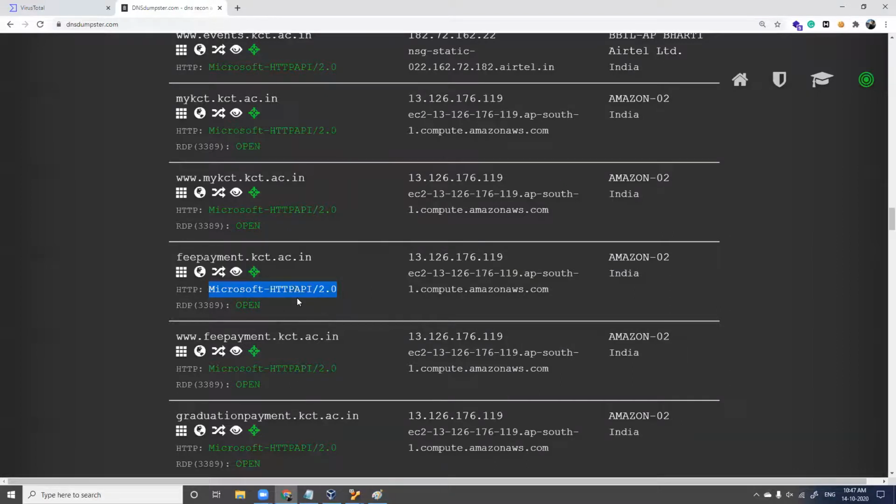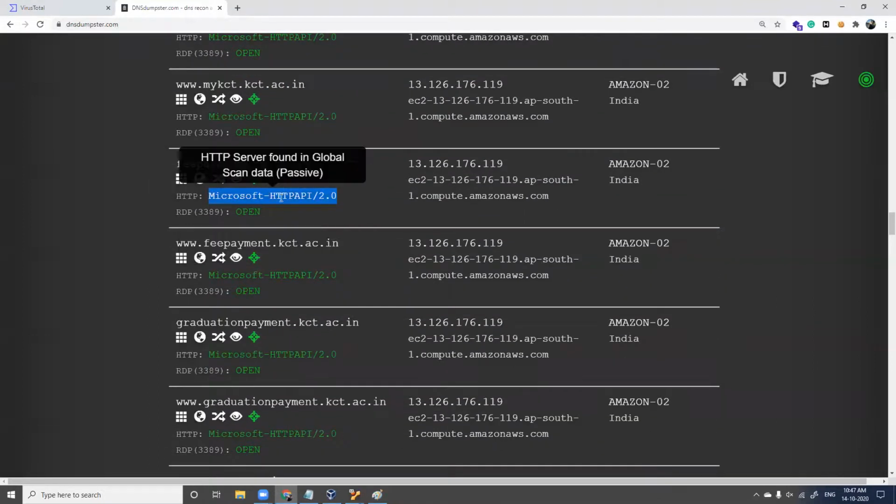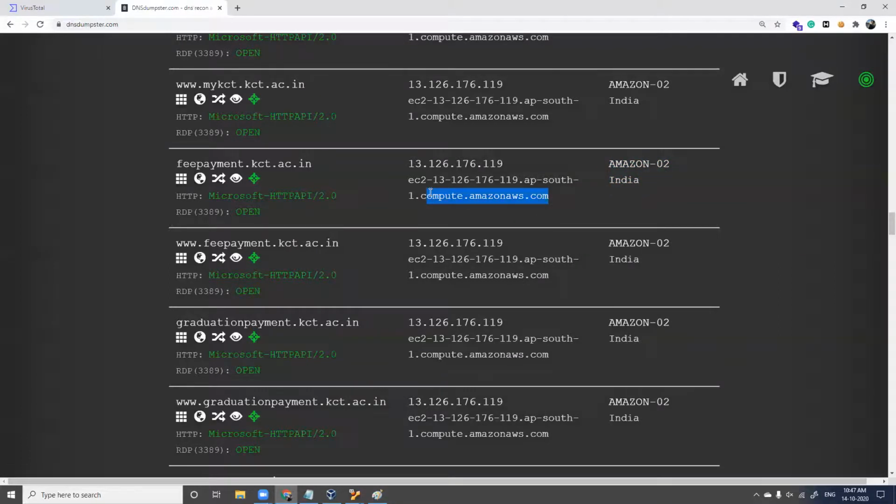It is not Apache like what we have seen here. It is a Microsoft server. HTTP API 2.0 is the version of the server. This IP address is hosted in Amazon, India. Fine. So we have got this much information: the IP address of the target server, what the target server is, and where it is hosted. It is hosted in the Amazon AWS cloud.